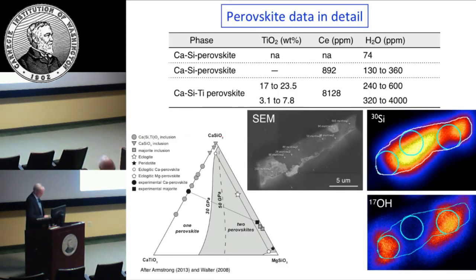Let's look at the perovskite. So these are calcium silicate perovskites and calcium silicate titanium perovskites. And here's the grain here, again, flipped. Now, it's a very heterogeneous grain. This is a bedellite. This is zirconium oxide exsolving out of this particular grain. And when we go and look, the water is concentrated in hot zones around where you have the phases that are exsolved. And so you can see that there was enough cerium in this particular perovskite that I could